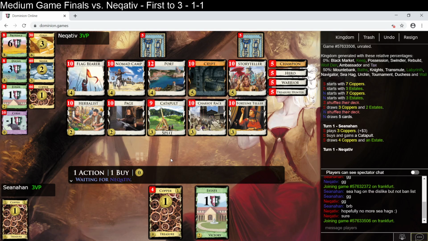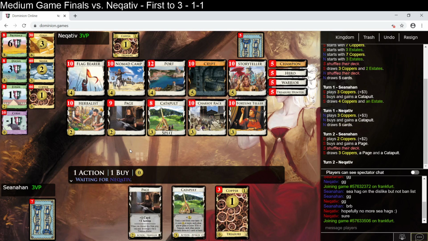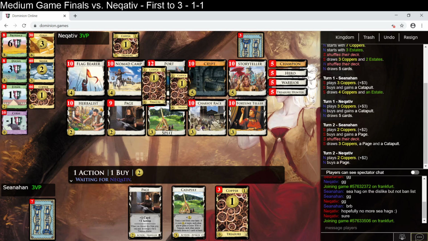Catapult will thin your coppers down and attack your opponent. Page will progress its way up to Champion. Once you get to Champion, you can then catapult the coppers pretty happily. This is a very nice draw here. We'll see what they draw. If they, for example, draw Catapult next turn with